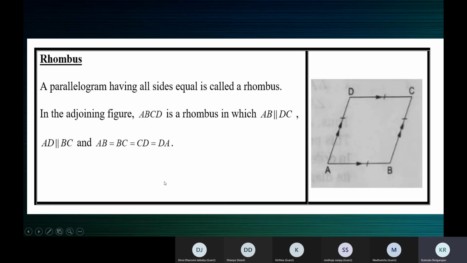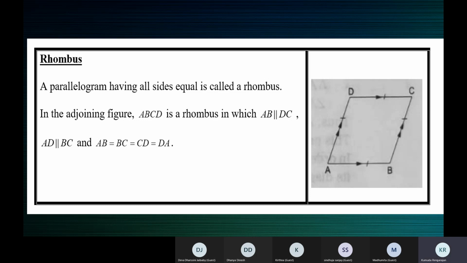Yes, children. So I was telling you that a rhombus, square, and rectangle are all parallelograms. That means in these figures, both pairs of opposite sides are parallel. Then they should have some extra property to be called what they are. Now a rhombus is already a parallelogram, so it's called a rhombus for some other property. That is what we are going to see.